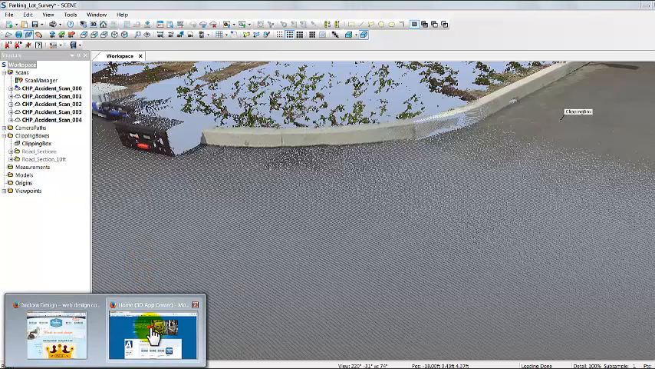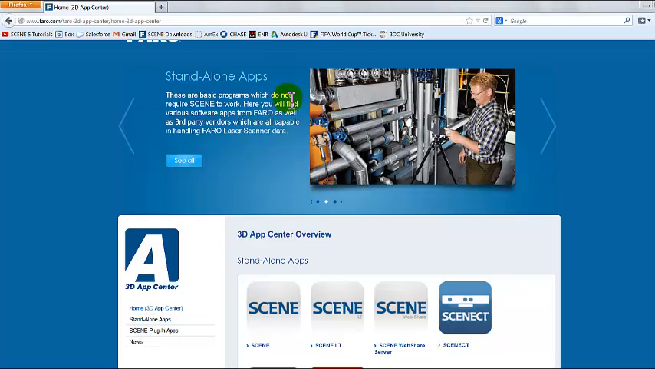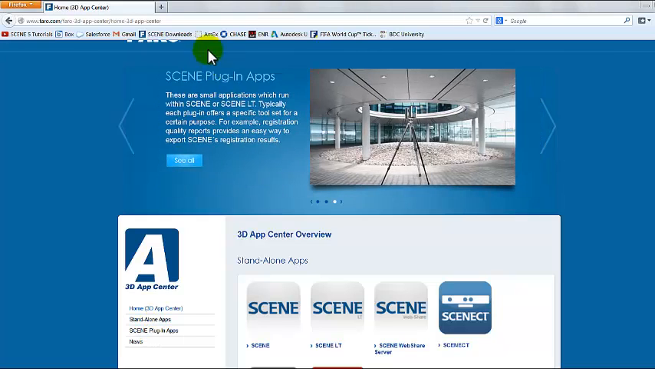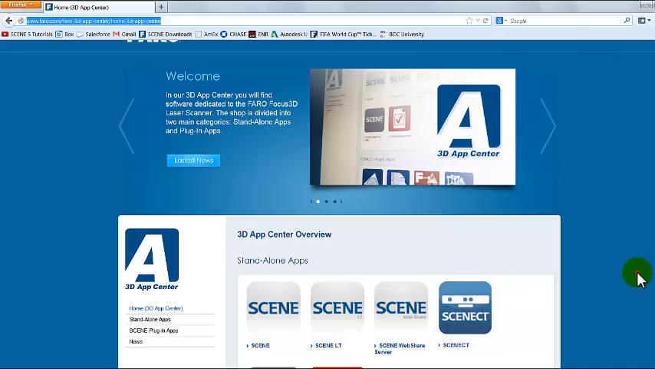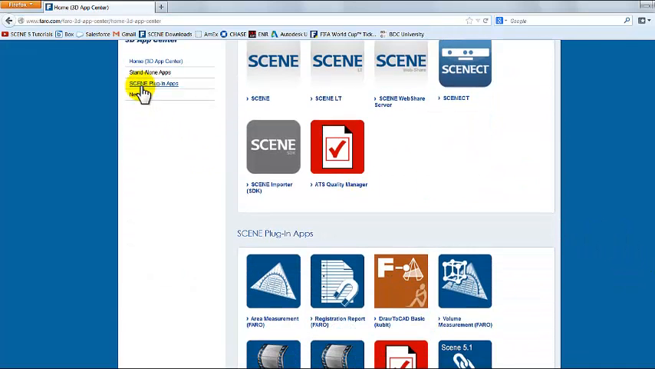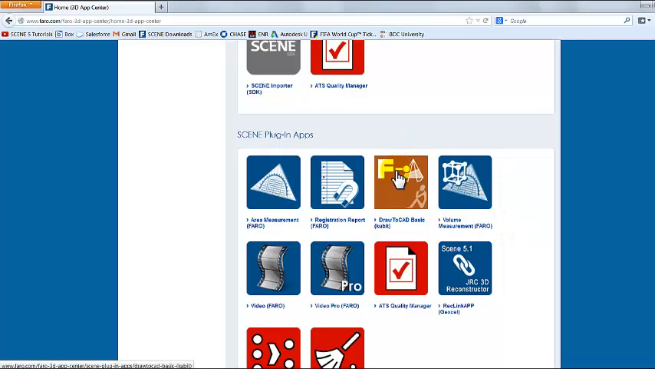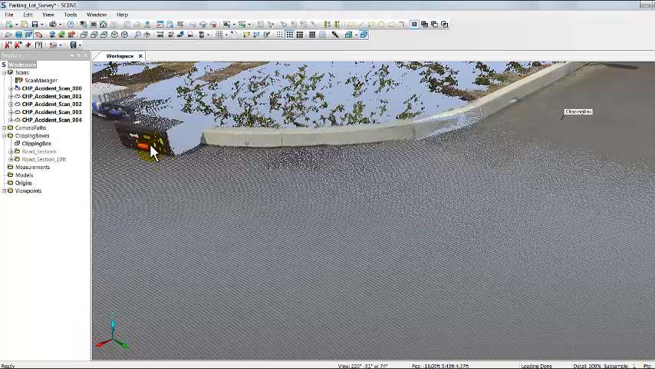So I can go and pick our browser here, and if you just do a Google search for FARO 3D App Center, you should be able to very quickly get yourself to this site. And we can either click on Scene plugin apps or just scroll down to the bottom. The one you want to download and install to Scene is called Draw-to-CAD Basic, and it is by Kubit. And once you have that and you follow the directions to download and install that in Scene, you will see